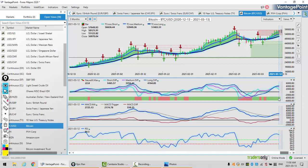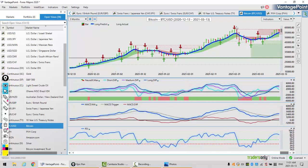But if that neural index turns red and the medium term crossing the long term predicted difference starts to turn down, that is a warning sign to take profit and wait for your next opportunity to get long. That area, in my respectful opinion, only will be 51,465. Or if we click on our VantagePoint software, you can see how the market is hugging this predicted moving